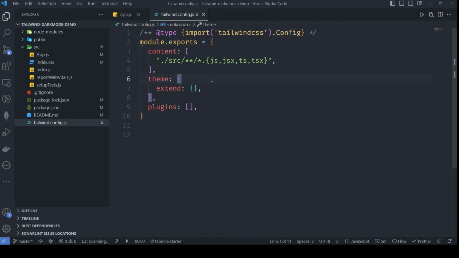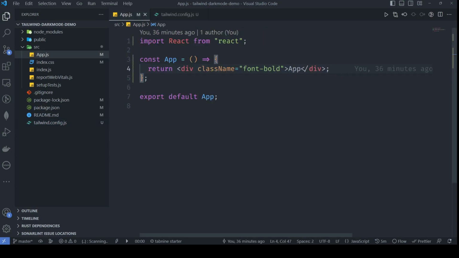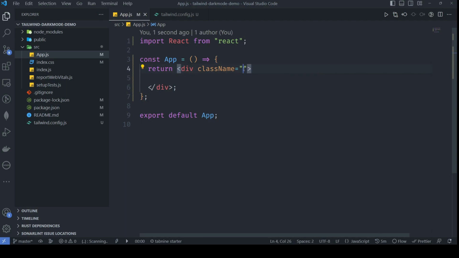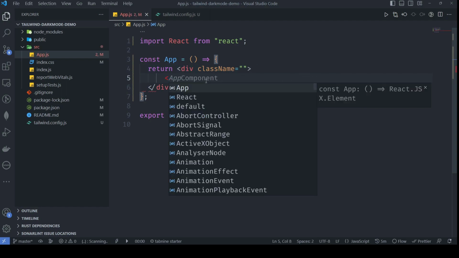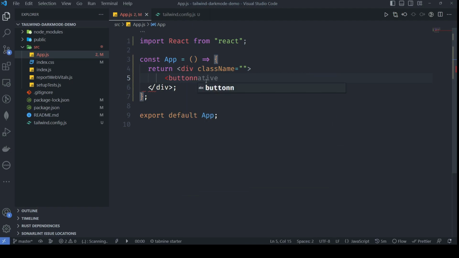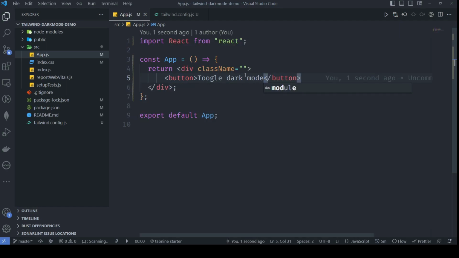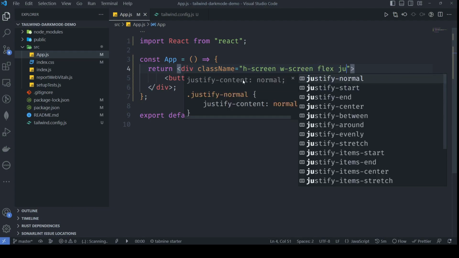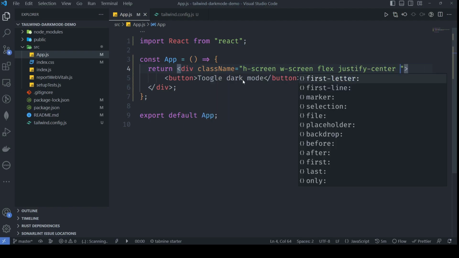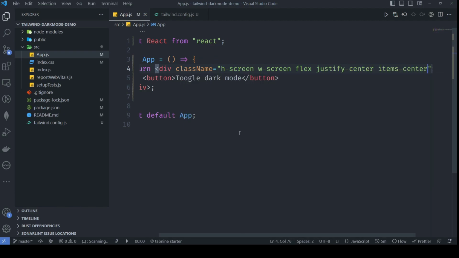So in this we will be adding our dark mode. For adding dark mode, let me add a button first. Let me remove this class from here. So we will have one button, and this could be in the center. So height screen with flex, justify center, and items center. Okay,